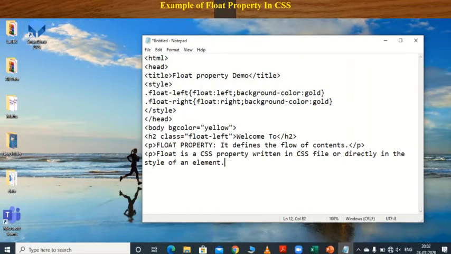Okay, then close this p tag. Yeah. Now next,